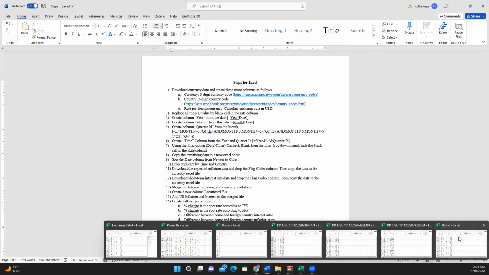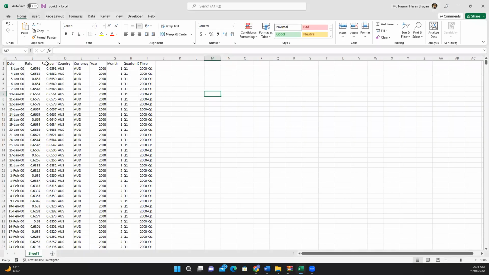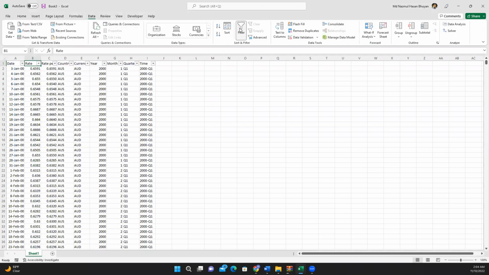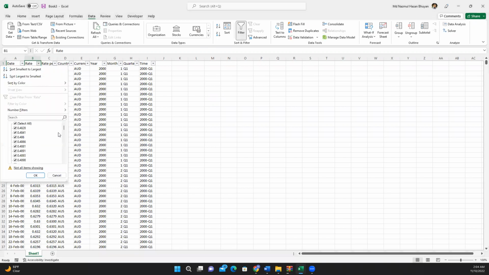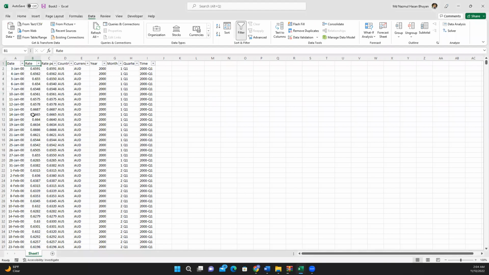All right, so let's go back, and then rate or rate per share, whatever column you choose. Then here, go to data, and then filter, right? Now from here, go all the way down. Actually, in your case, you're gonna see, okay, let me just, for your understanding,